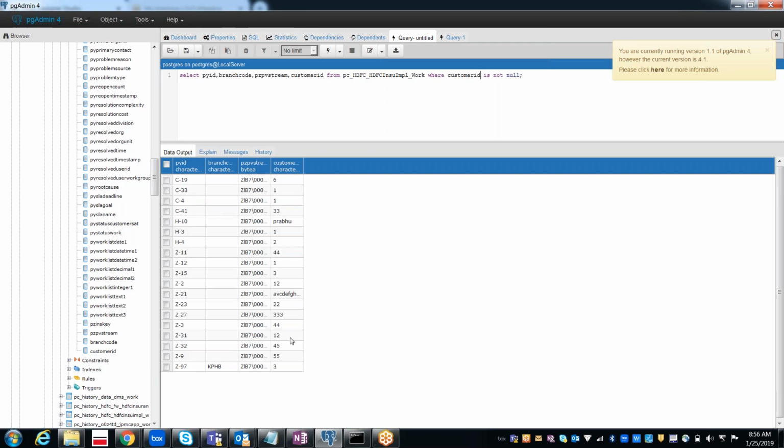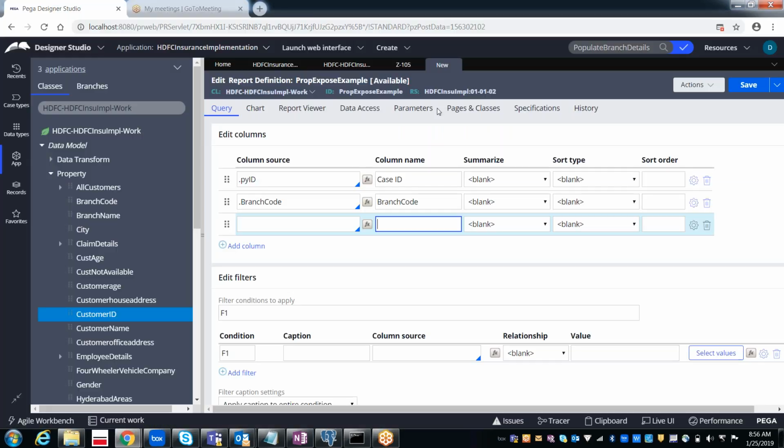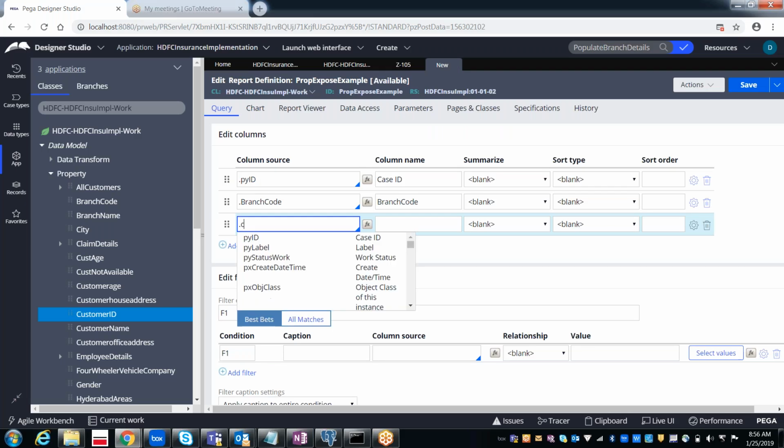So now it has created a separate column, and the values of this column are also populated here. As I said, even here you can see the customer ID.